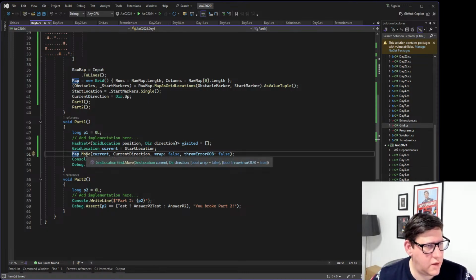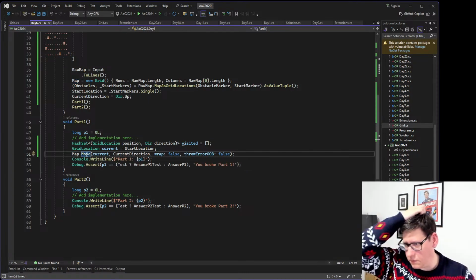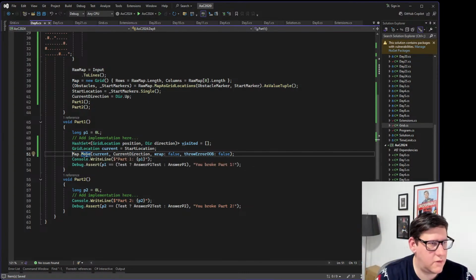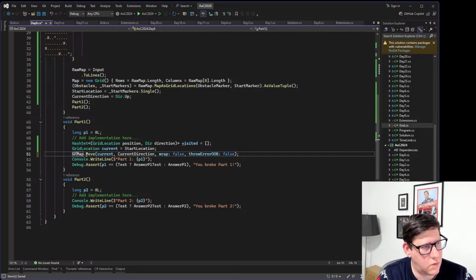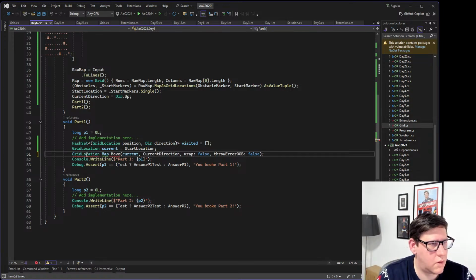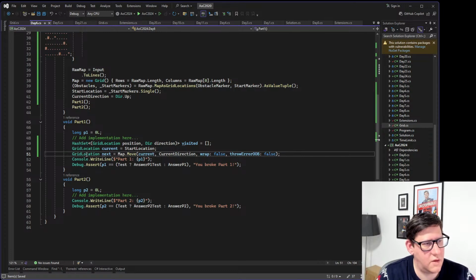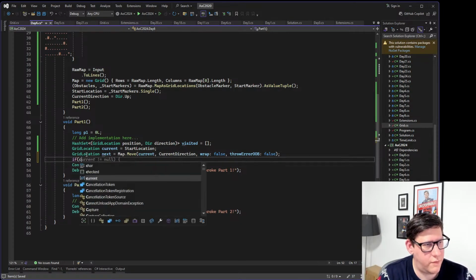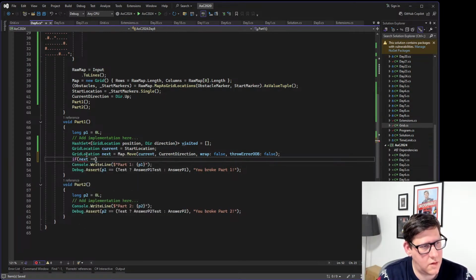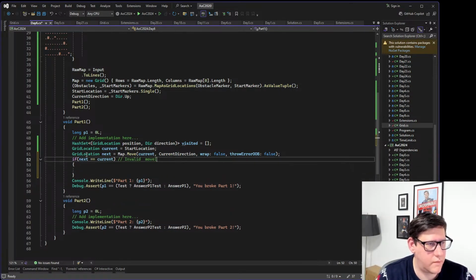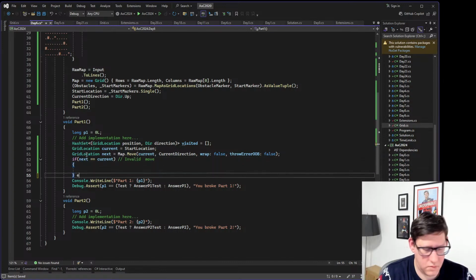So basically I think if the move is invalid, it will return the current one for me. So we can do grid location next equals this. We do if next equals current, invalid move. Else